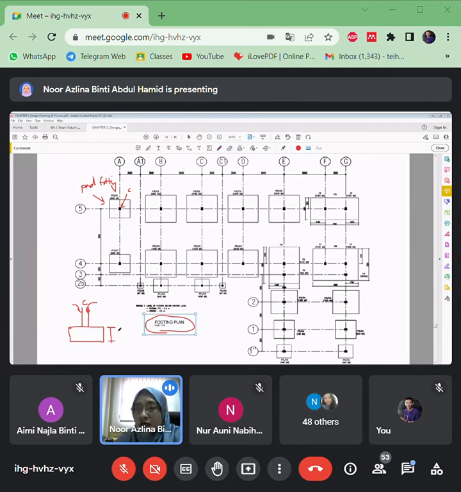It can be up to 1 meter, depending on the concentrated load applied on these columns. So this load from the column will distribute to this pad footing here, then transfer to the piling.